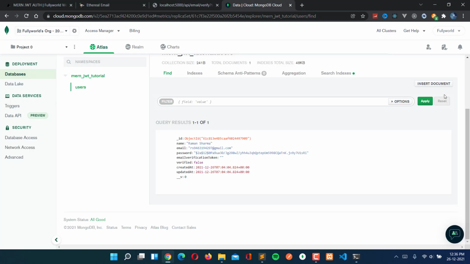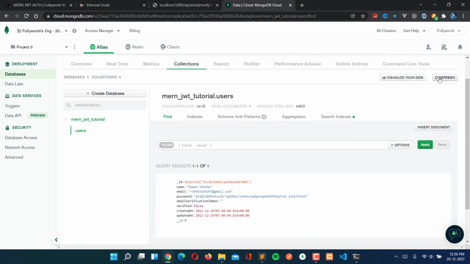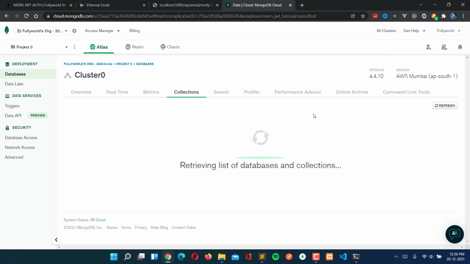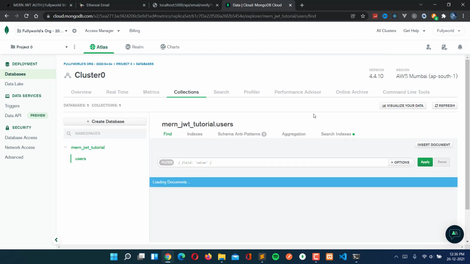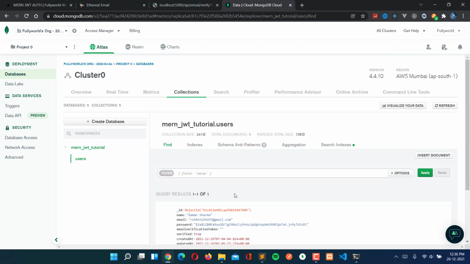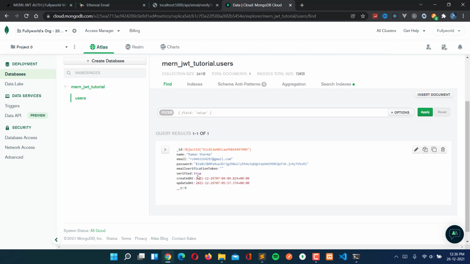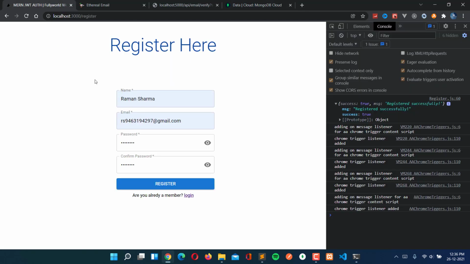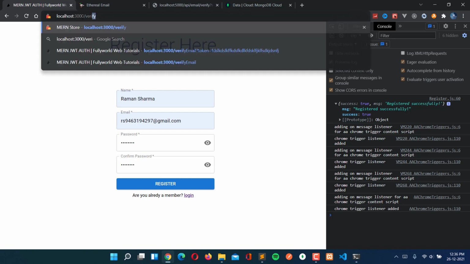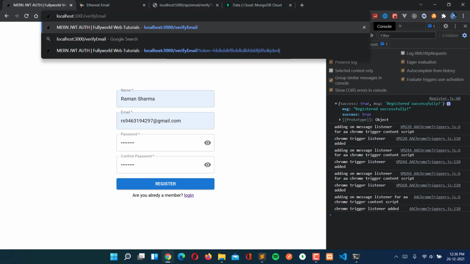Now when I go to the database and refresh, we should see that the user is verified. See, we are getting that the user is verified here, but now we are going to work on the verify email page.